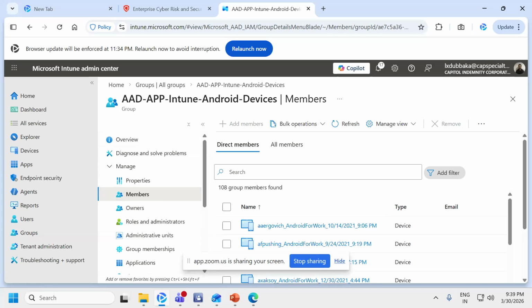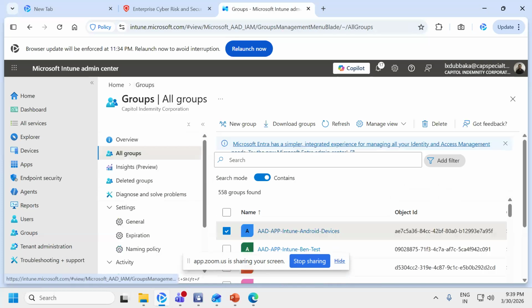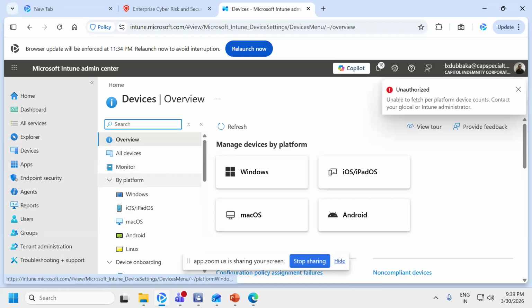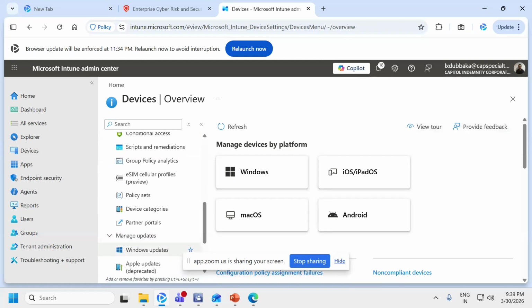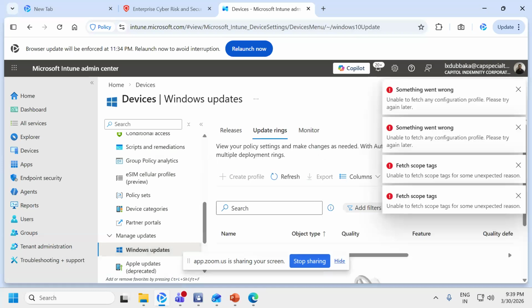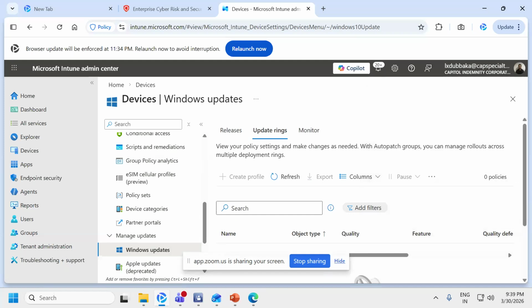So in this way, once I create a particular group, I would be calling this group in the particular profile where I have defined my patching profile, the update ring. This update ring is nothing but like your ADR, automatic deployment rule, which we have defined in SCCM. So if I take my SCCM console